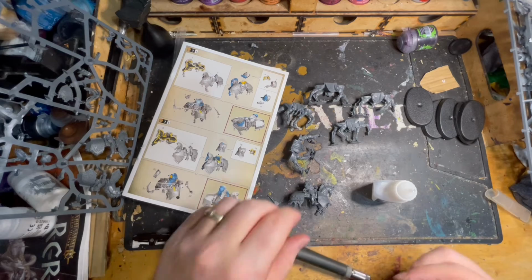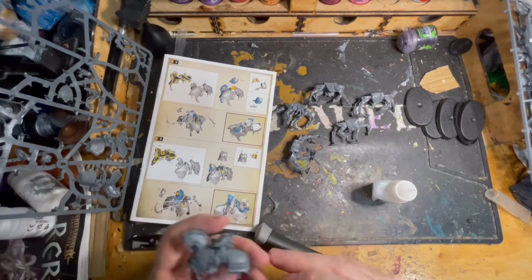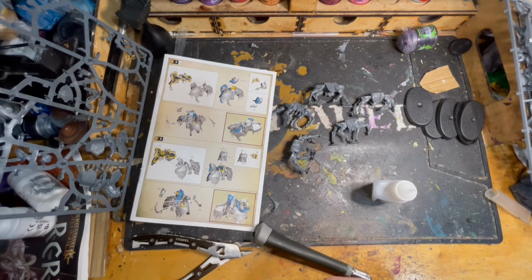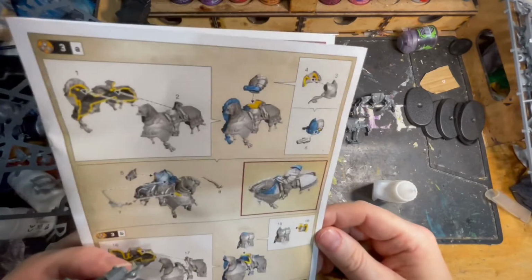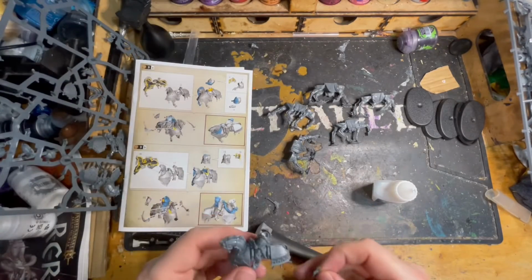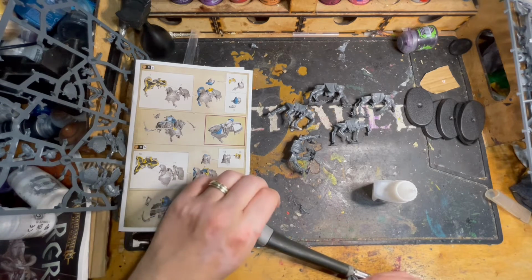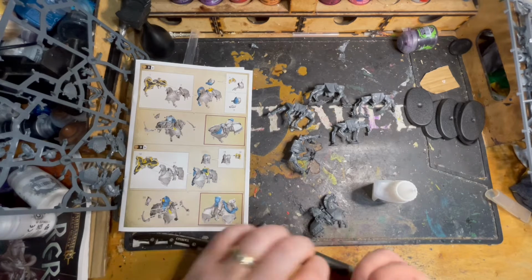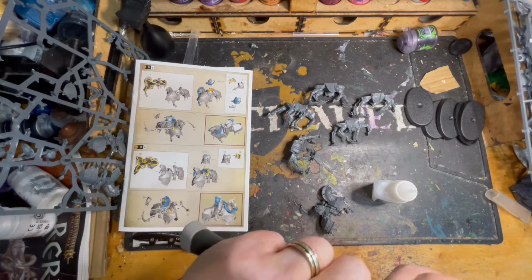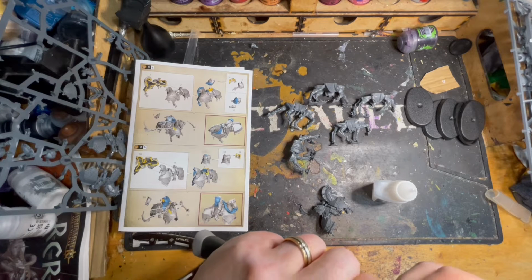It's funny that there's nothing that really screams unique champion. Yeah, sure, there'll be a weapon or something, but